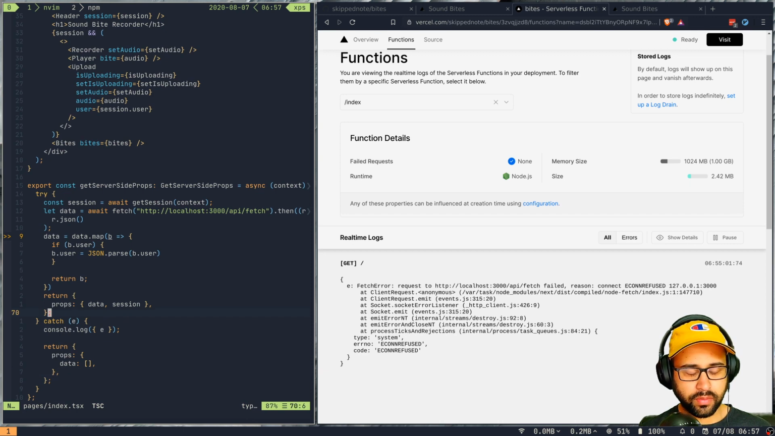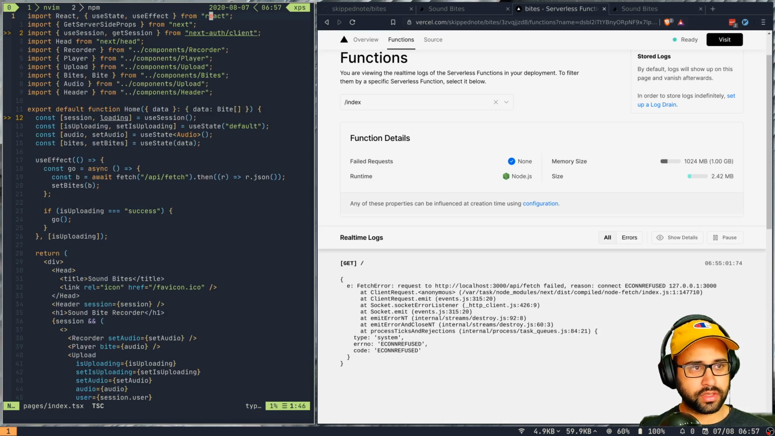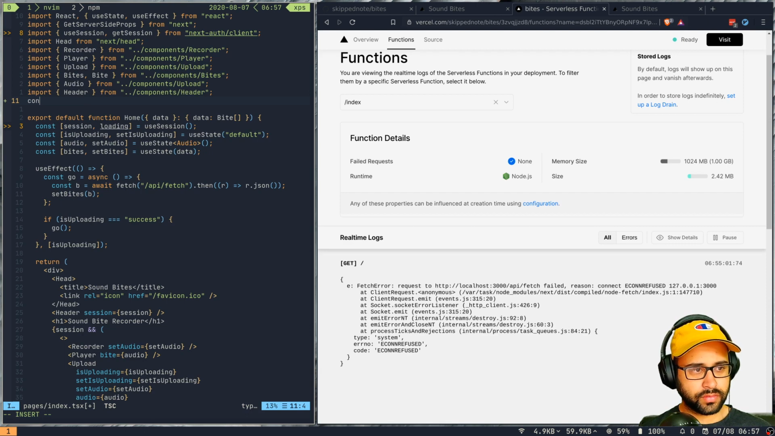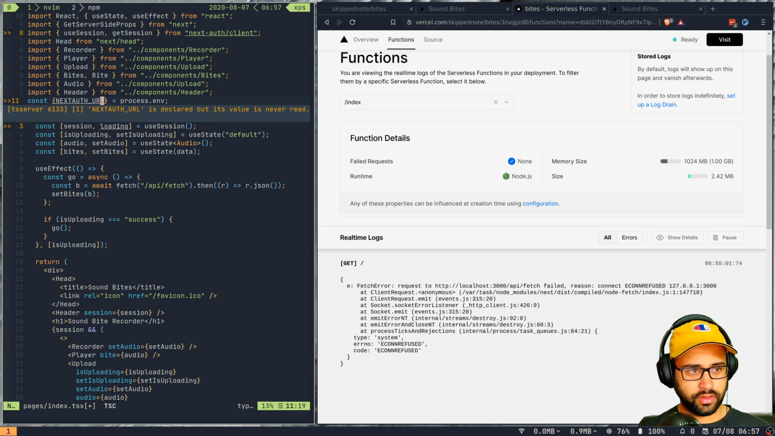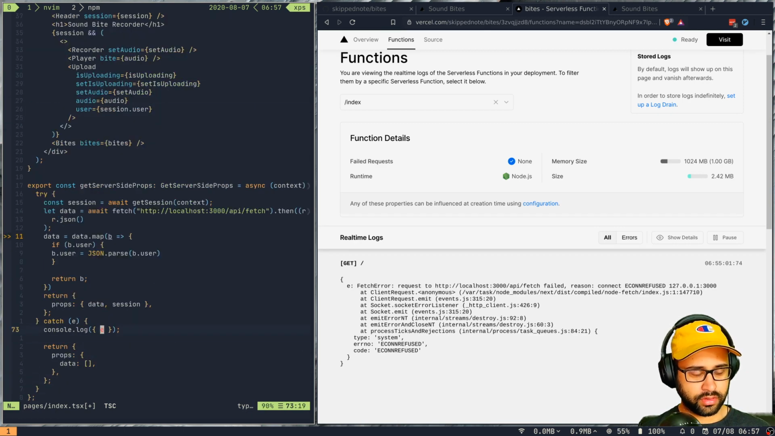This has to be an absolute path, so that is the conundrum, right? I would have just used API/fetch, but this is okay as well. So if I do const process.env and then we pull in from this NEXTAUTH_URL, so this should be fine. If I just change this, okay, not that,